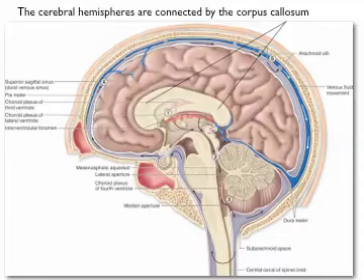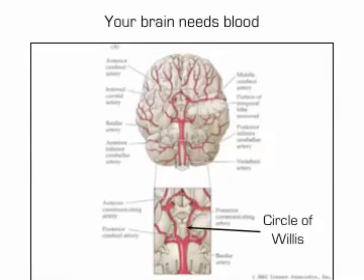If we look on the underside of the brain, we get a really good view of the blood supply to the brain. Your brain needs blood. That blood contains oxygen. The oxygen gives the cells the energy they need to keep running those sodium-potassium pumps, to keep nutrients flowing, to keep transmitters being catabolized, to keep the brain working. And it has an incredible blood supply and demands a great deal of the body's energy. We'll talk in a different lecture about the blood-brain barrier, where only the stuff that's in the blood that your brain needs is able to get out.